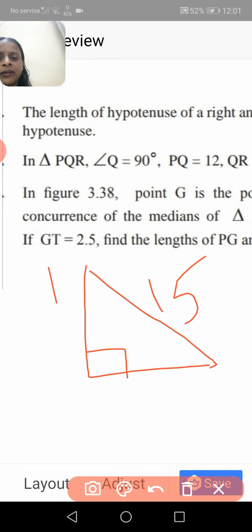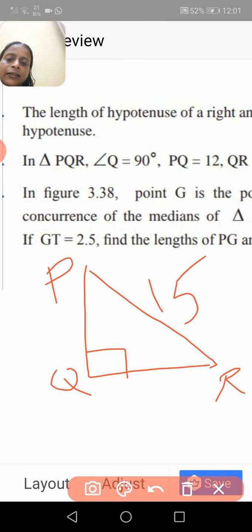Wherever you draw a figure, you are supposed to write the naming of the triangle. So here let triangle PQR be right angled at Q, and let PR be the hypotenuse, and then we have to find the length of QM, where M is the midpoint, so QM is the median. We need to find the length of QM according to the theorem. What is the length of QM? Can you tell me? Yes, it is half of the hypotenuse.